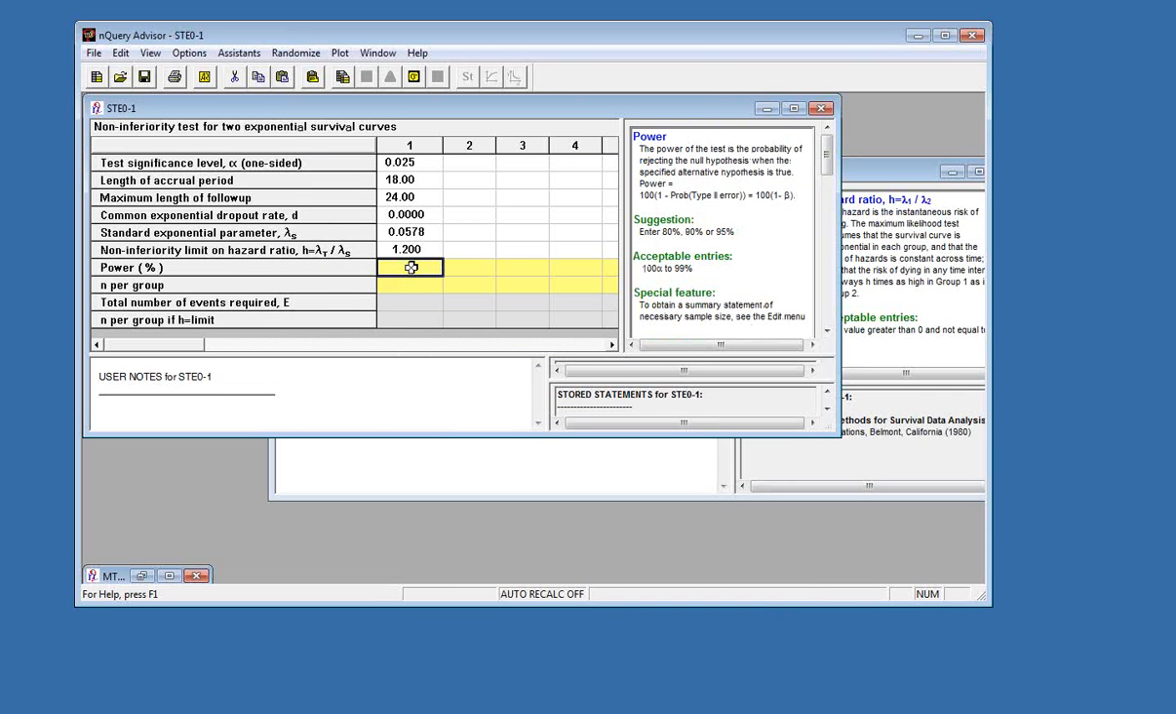So our question was, if we enter 80% power here, what would our sample size be? So we enter 80% power, and nQuery automatically calculates our sample size. What we have here is that for such a trial to have 80% power, we find that it's necessary to observe a total of